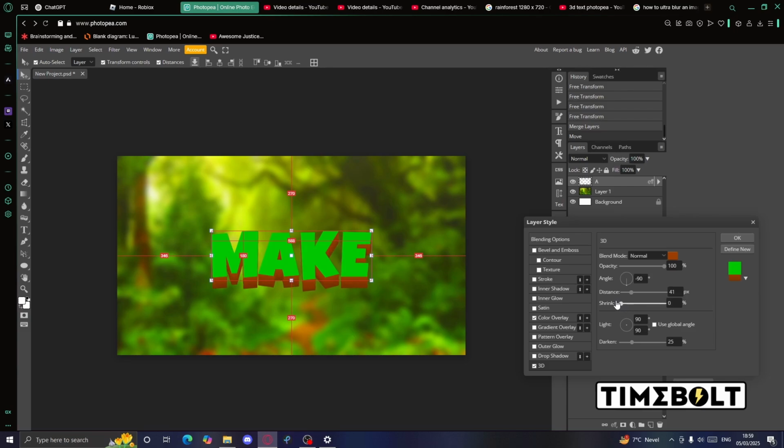And then the shrink thing basically just gives it that more detail. Yeah, you can see it. So you can change this to however much you want. If you wanted to go all the way, you can make it like 20th Century Fox logo style. But personally, I find that to be a bit too much, so I changed it to about 15.